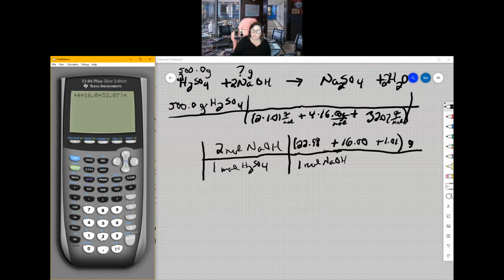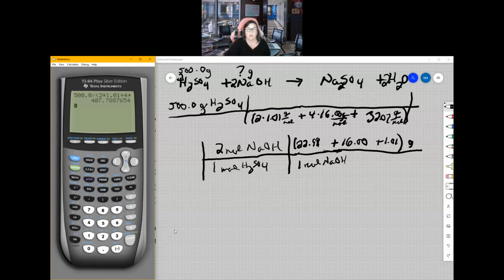Multiply that by 2, and then multiply the whole thing by 22.99 plus 16.00 plus 1.01. It gives me